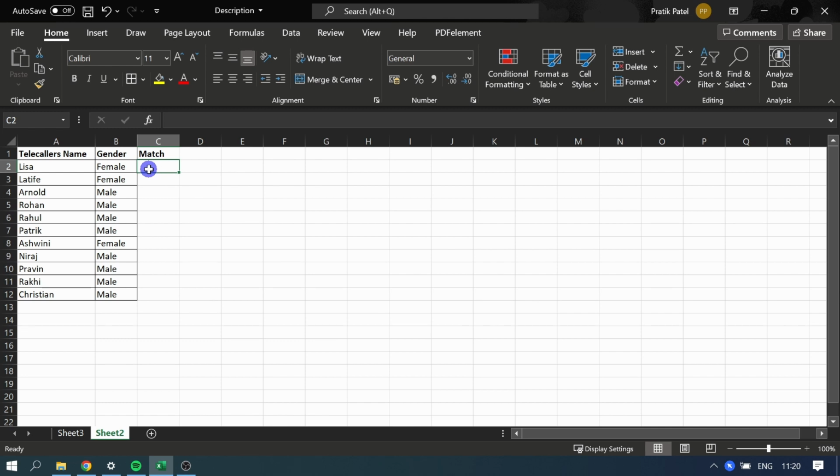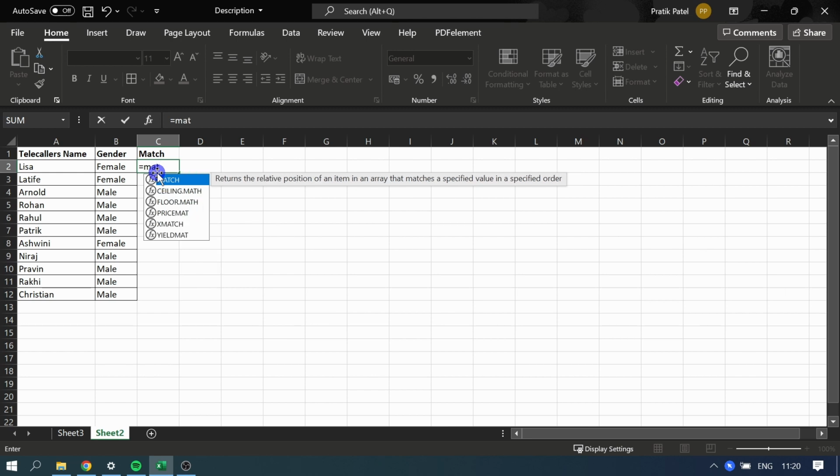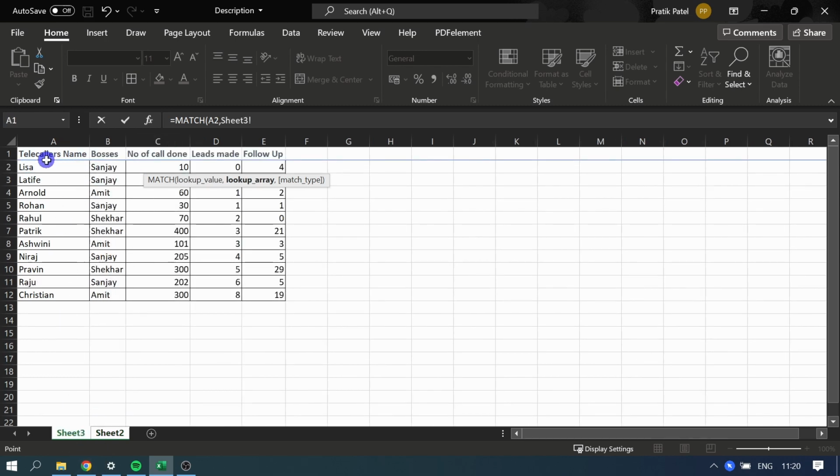Select the respective cell, enter equal to, enter MAT, click on MATCH function, select the cell, comma, go to sheet 3, select the entire column of telecallers,